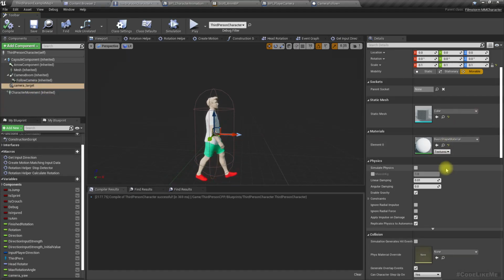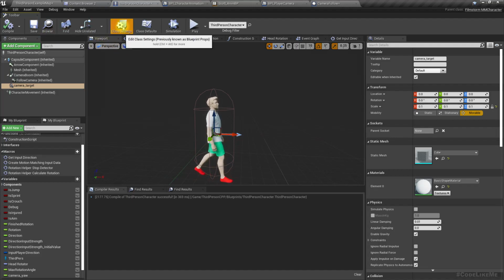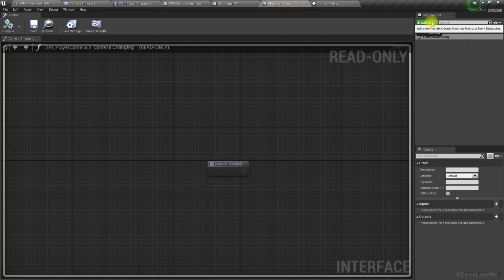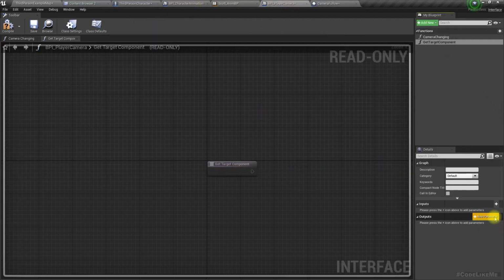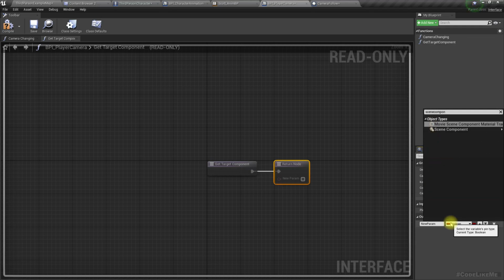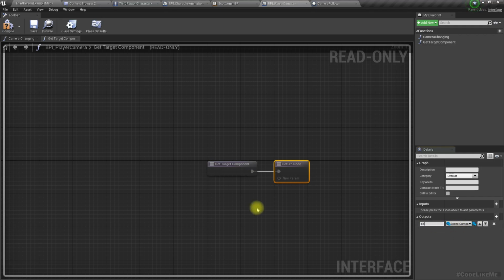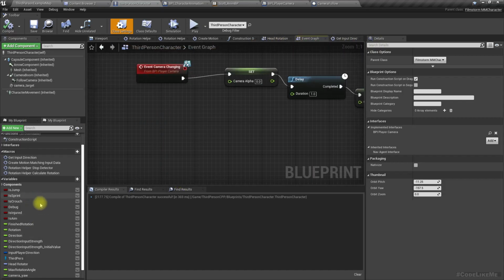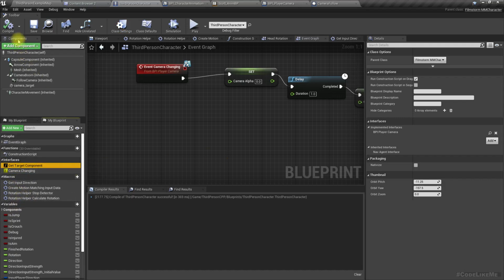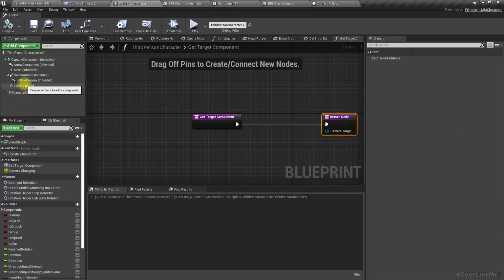Okay, and we have implemented here, last time we implemented this BPI player camera. Let's add a new method here, get target component, and it should return a scene component. Right, now let's implement that function here. Get target component. Right, now let's return this camera target,